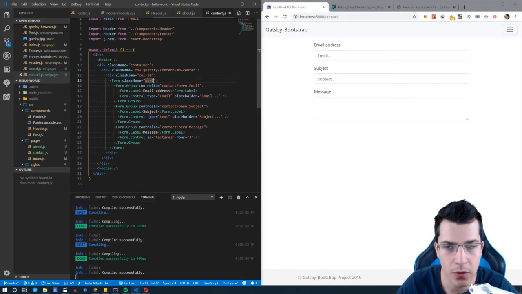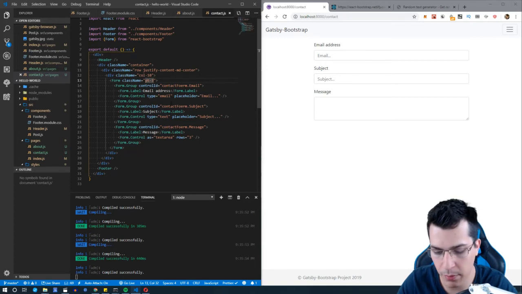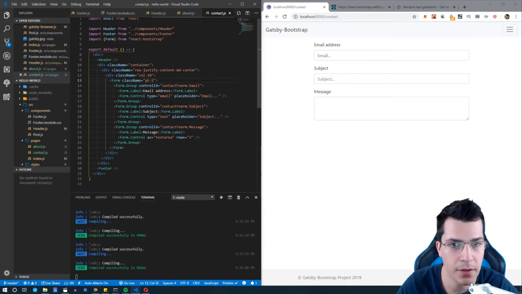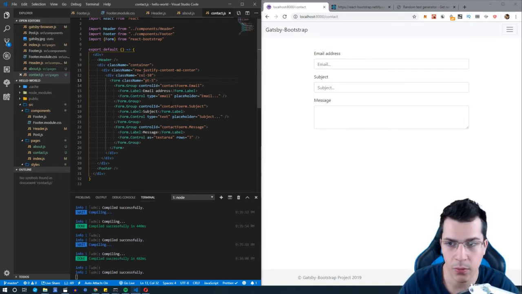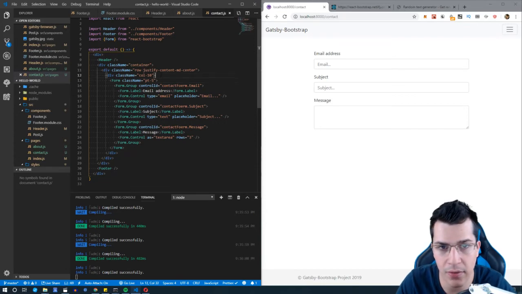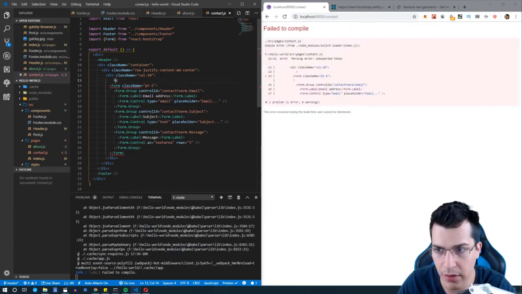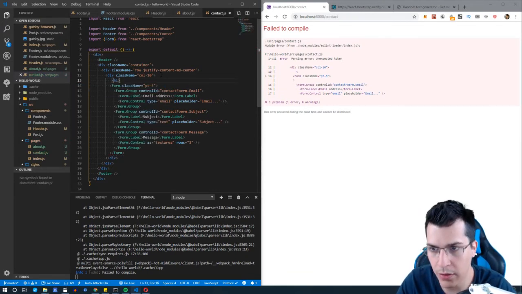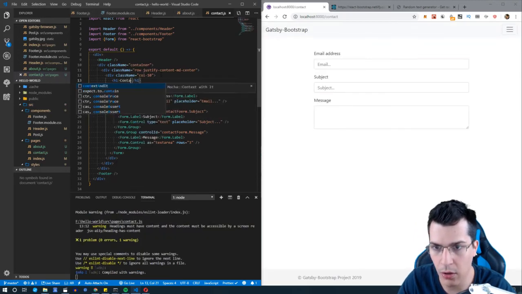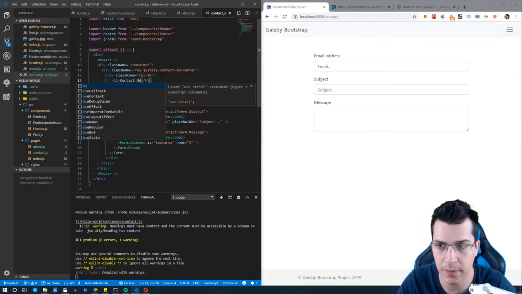As we would only want some padding on top, let's put 5. Okay, that's more like it, and let's give a heading there. Let's give heading 1, h1, to be Contact Us,